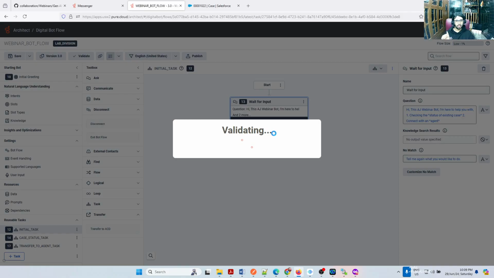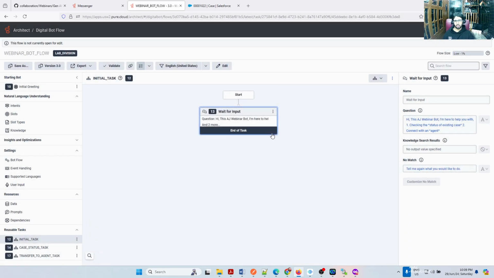Sometimes I have seen when I publish, it says publish failed. Is something not available in the backend while publishing? It will be available. The preview version is always available. Okay, yeah, it shows published.